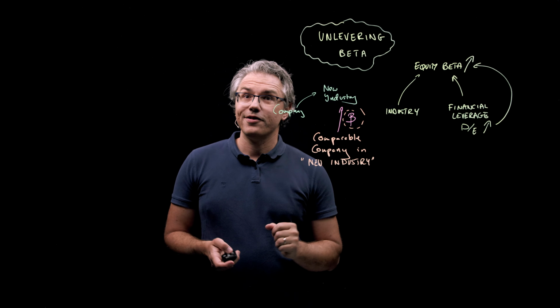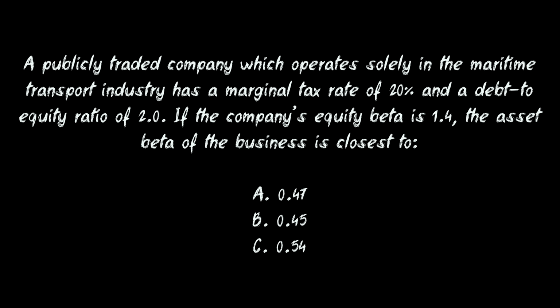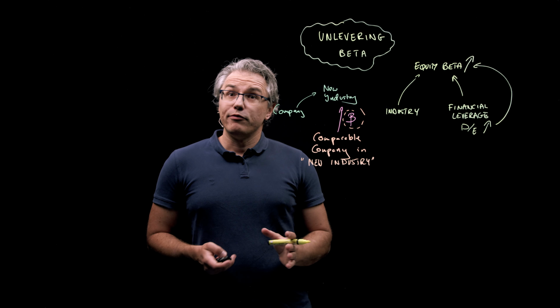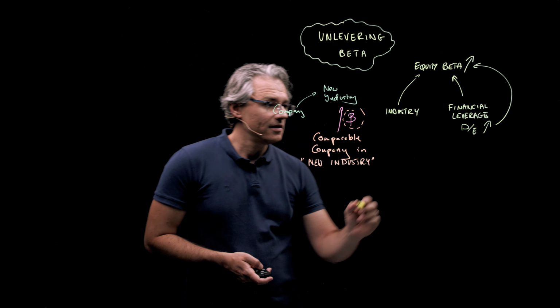So in this scenario, we've got a publicly listed company in the maritime industry with an equity beta of 1.4. The company is significantly geared with a debt-to-equity ratio of 2, implying that its unlevered or asset beta should in fact be lower than this 1.4. Let me write out the relevant formula. Asset beta